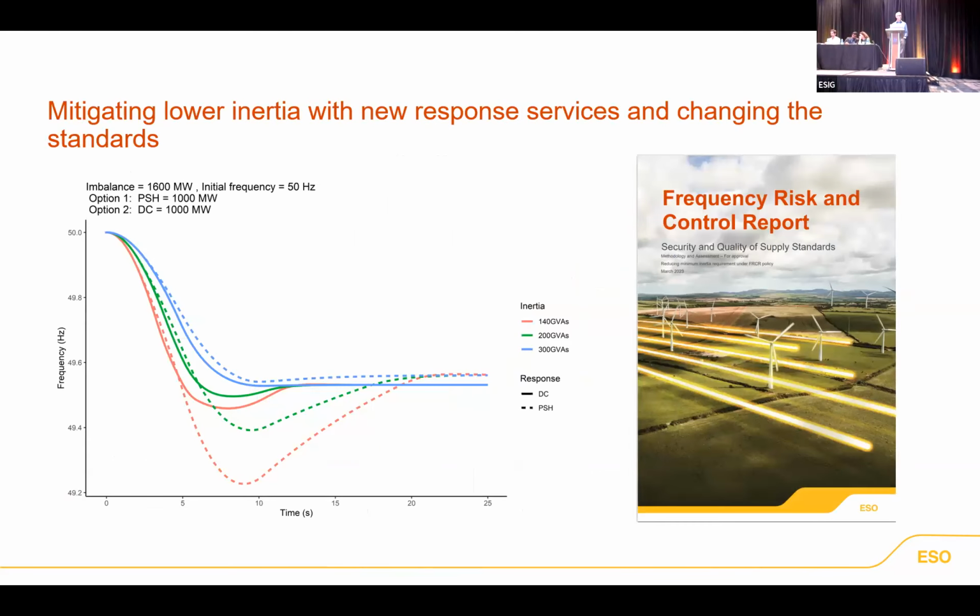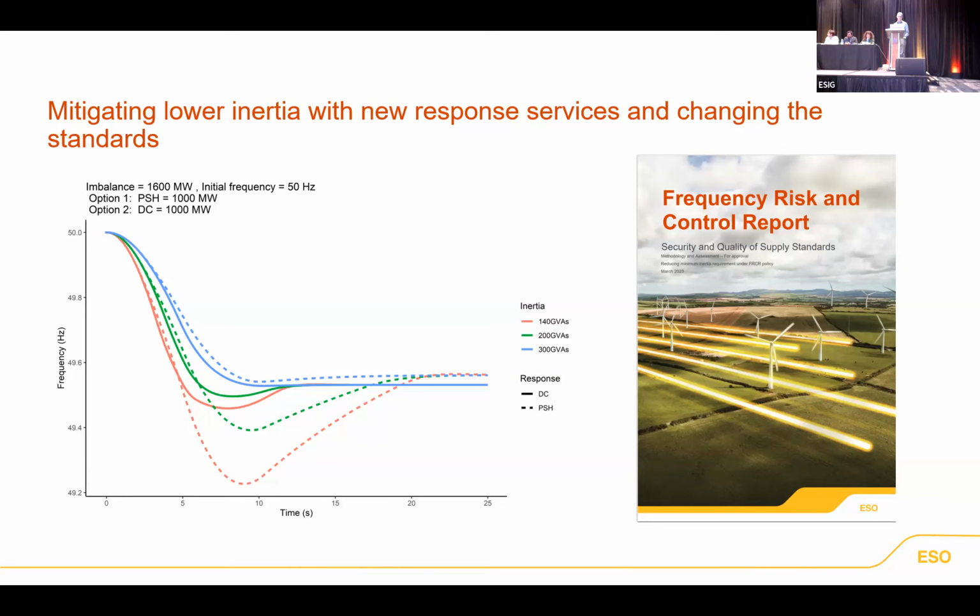So there's ways we can do that, right? So you either increase your inertia or decrease your inertia, but increase your frequency response time frame. So this graph here really demonstrates the value of what I spoke briefly about yesterday, the dynamic containment fast frequency response product, which is provided by batteries that delivers all of its output within a second. And it's dynamic. So the quicker the frequency is falling, the quicker it responds. Then as the frequency recovers, it controls itself so you don't get the overshoot that you might